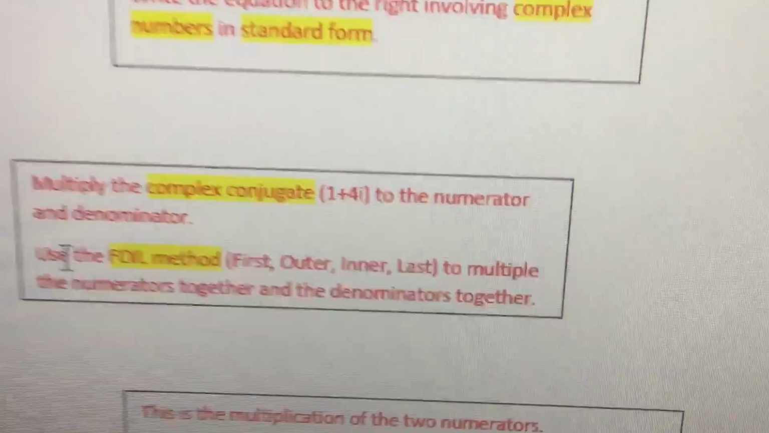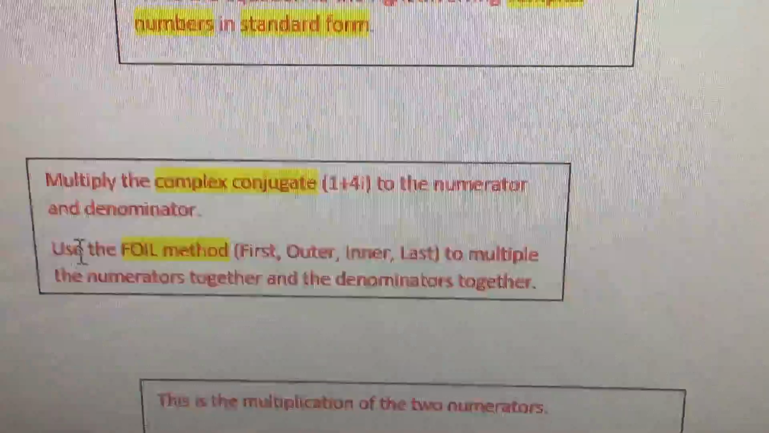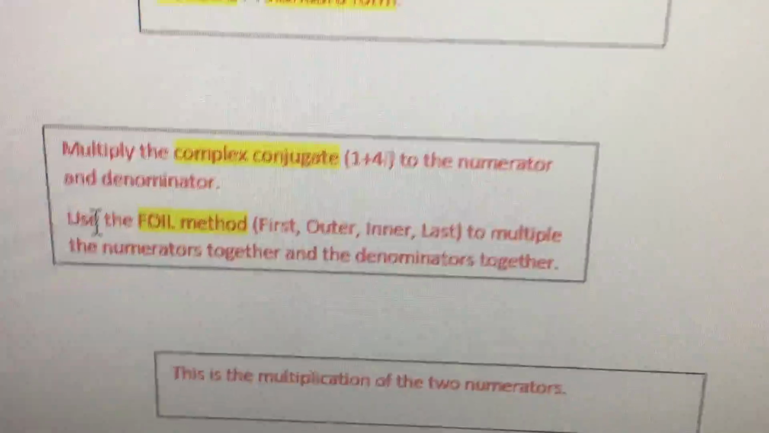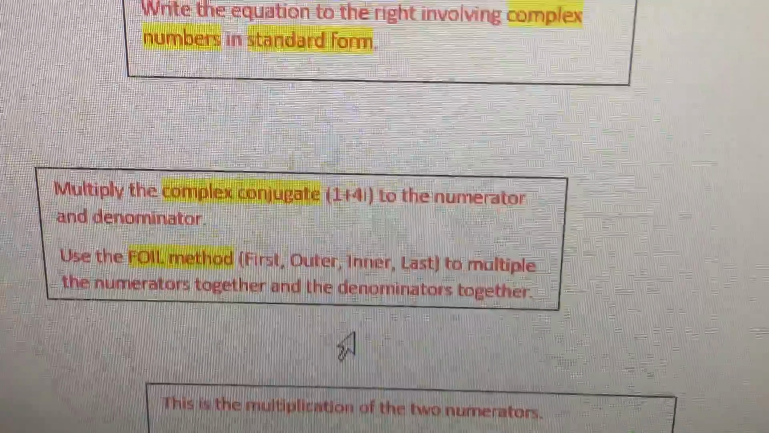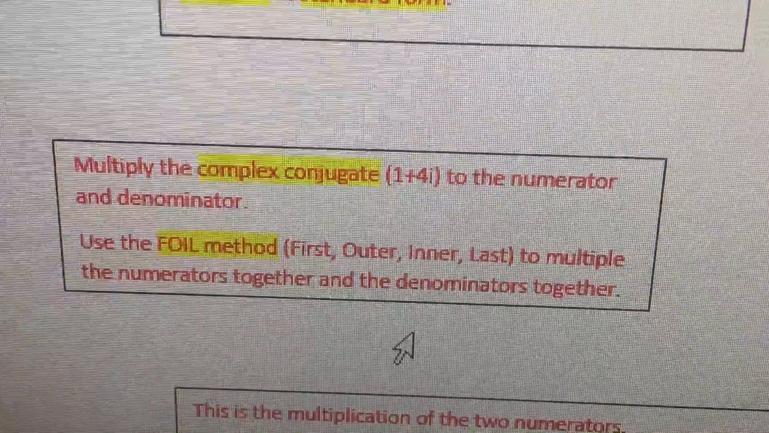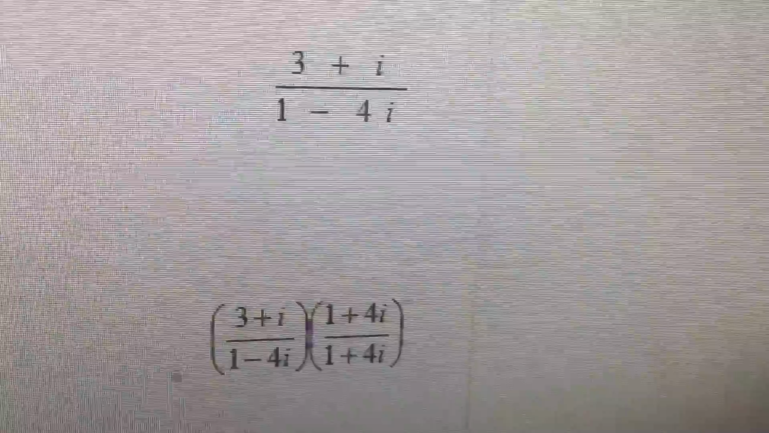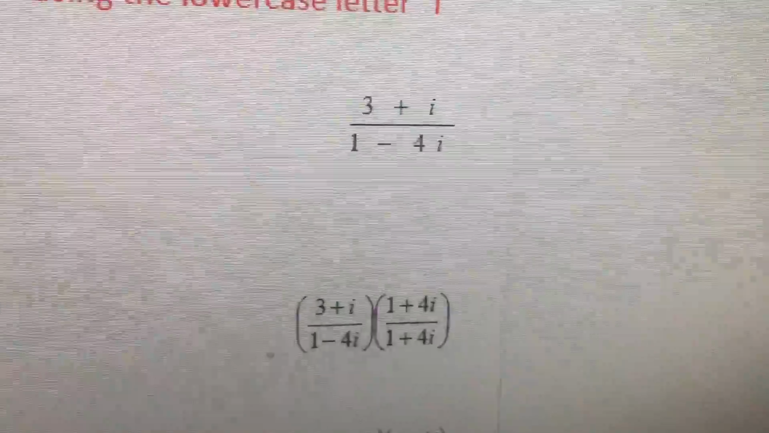So our first step is to multiply the complex conjugate, 1 plus 4i, to the numerator and denominator. Use the FOIL method, which is first, outer, inner, last, to multiply the numerators together and the denominators together. So basically, to multiply,